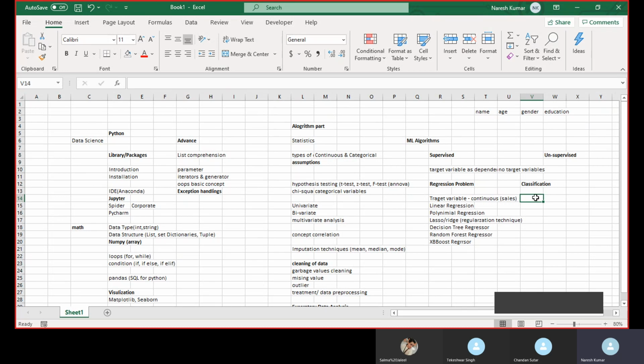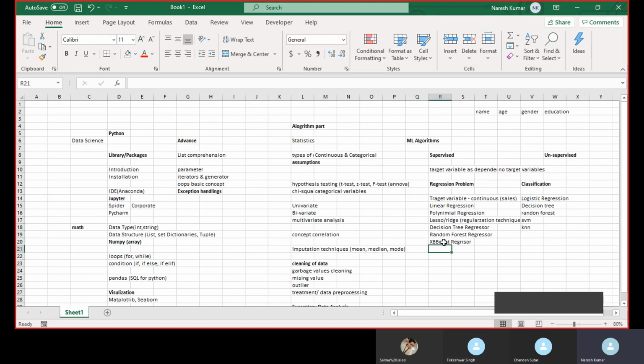There, mostly we start with logistic regression. Then we go ahead with decision tree, random forest, SVM, KNN.